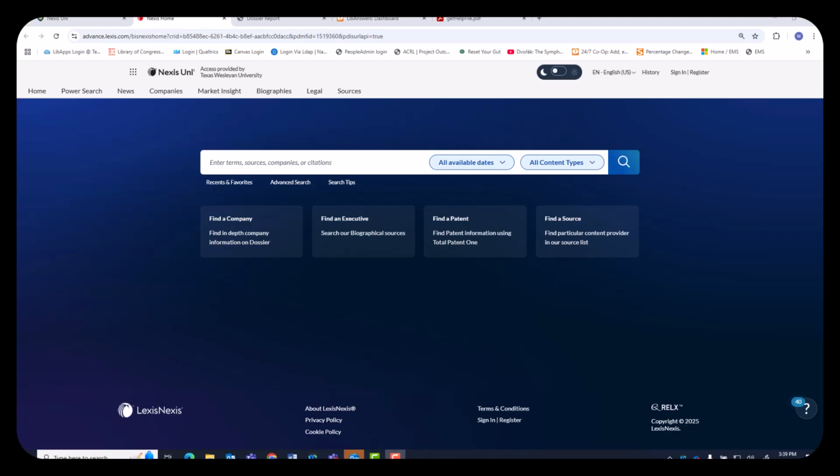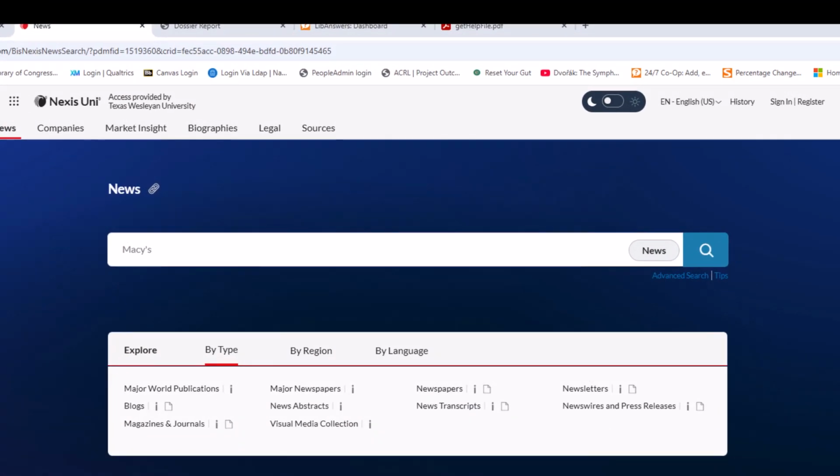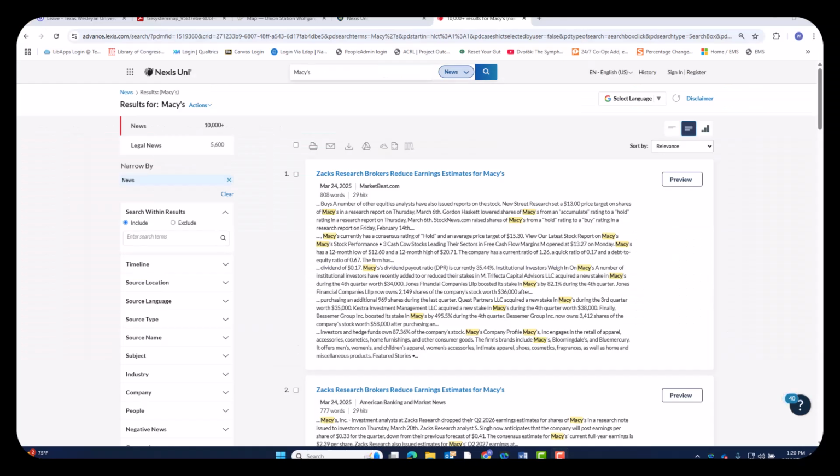The second way to find company information using Nexis Uni is to find news stories on a company. To do that, you need to select News at the top of the page. And then in the search box that appears, type in the name of your company. When I type in Macy's, I get more than 10,000 news stories. So Nexis Uni is useful because of the detailed company dossier and also the news stories that you can find